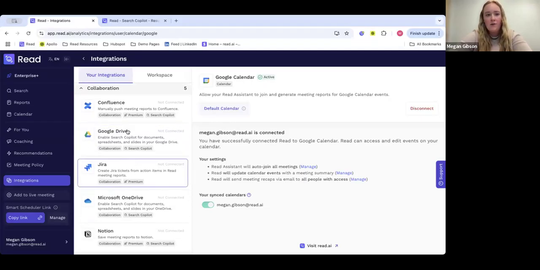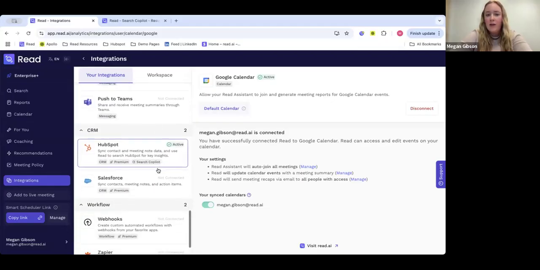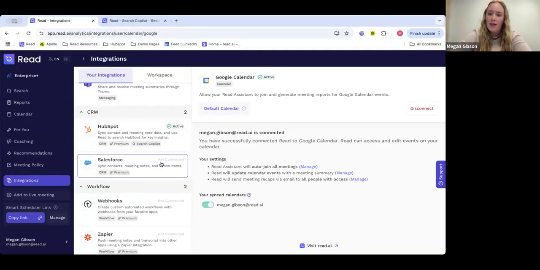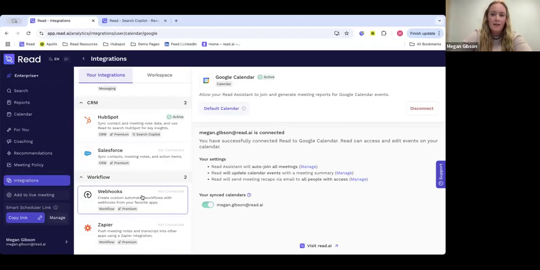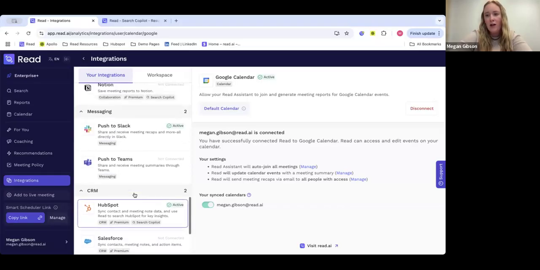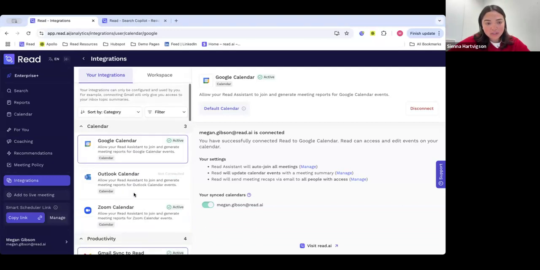So here are a few other integrations we have for collaboration tools: Confluence, Sienna showed the Jira. And then we also integrate with a couple CRMs, HubSpot and Salesforce. Some really exciting new updates coming with that stuff as well, hopefully soon. And then if there's anything we don't currently integrate with, we have these two, webhooks and Zapier integrations, that you can set up a custom API and integrate with the tool that you need that way, which a lot of customers use.